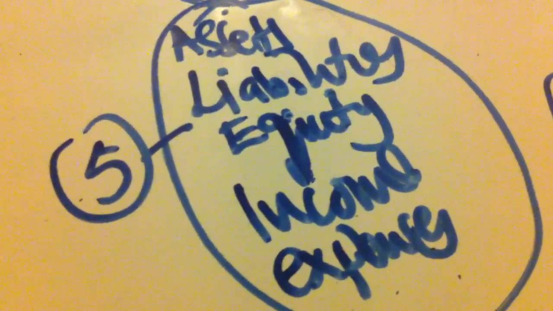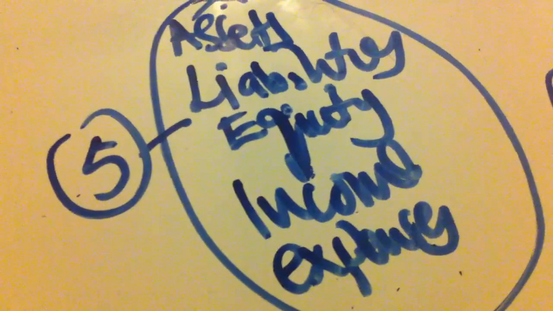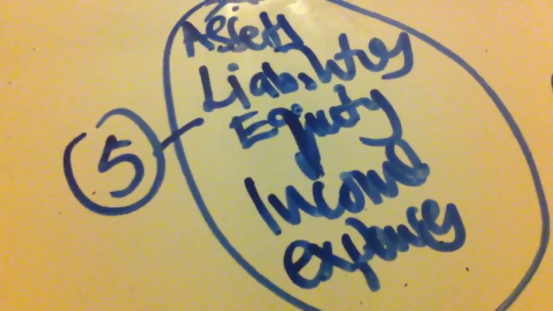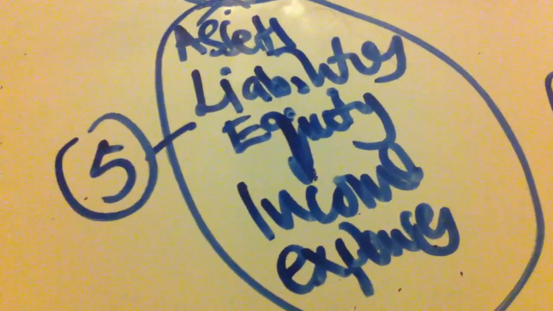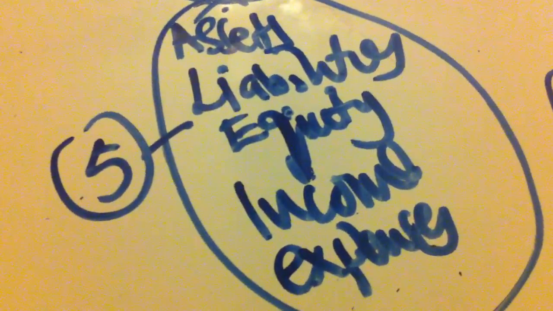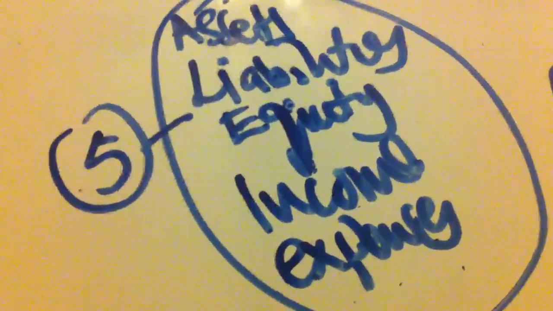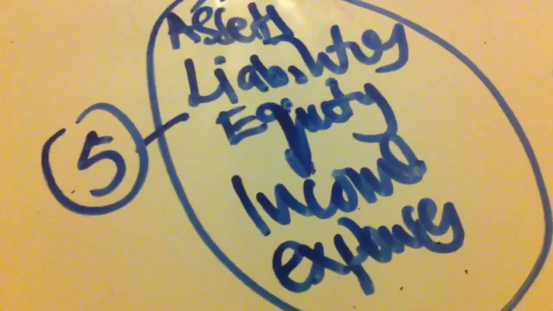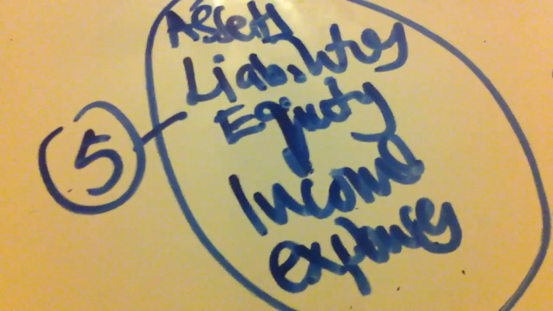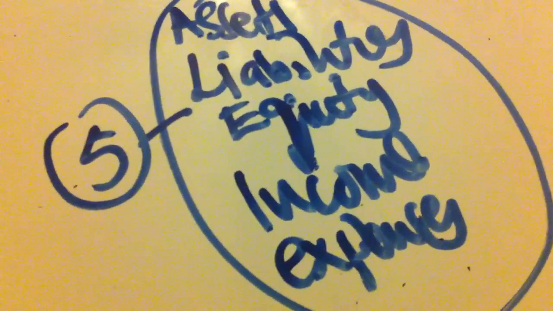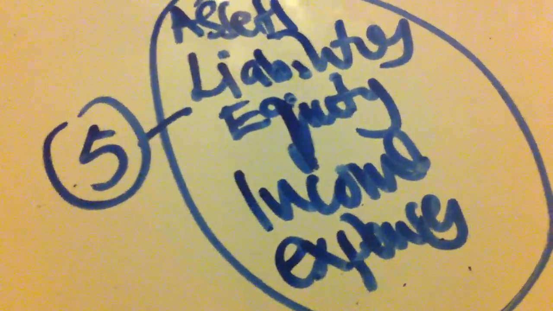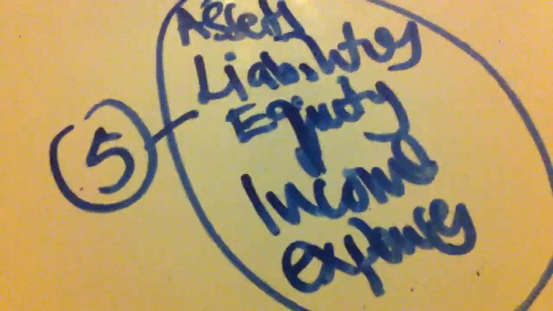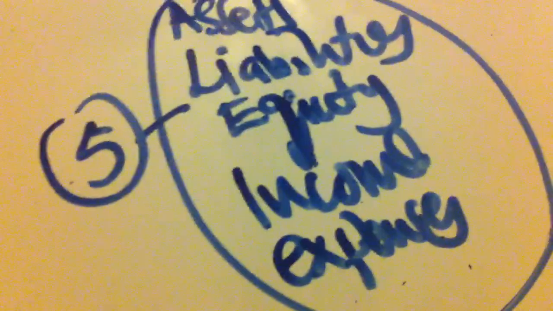Liabilities are obligations to pay. You have a liability when at a certain stage you need to pay it, isn't it? So you have done something or borrowed money from the bank and you have an obligation